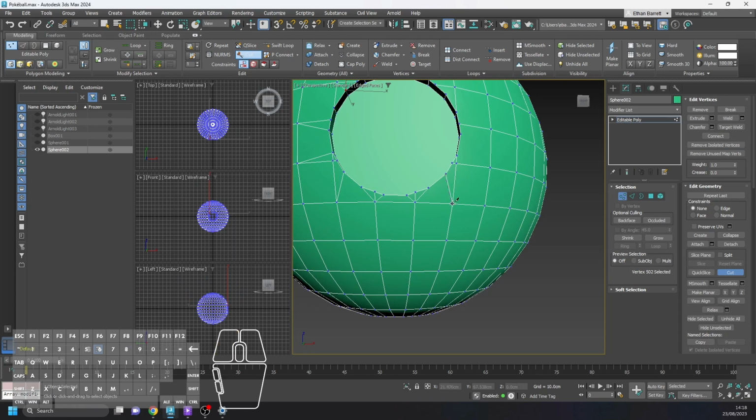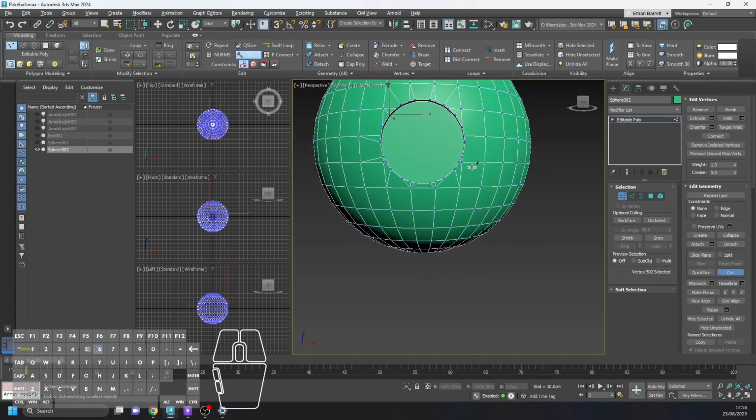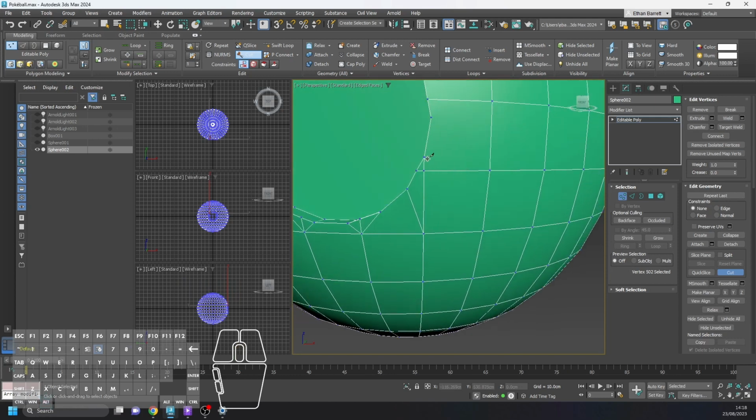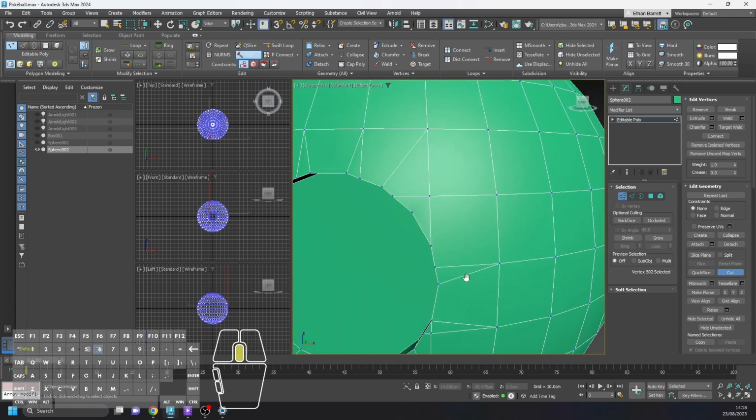I've just had to undo and go back because I realised it didn't match the other side quite. But now we should be alright. We'll connect this one over here. And we'll connect this one over here. And we'll connect that one there. And connect that one